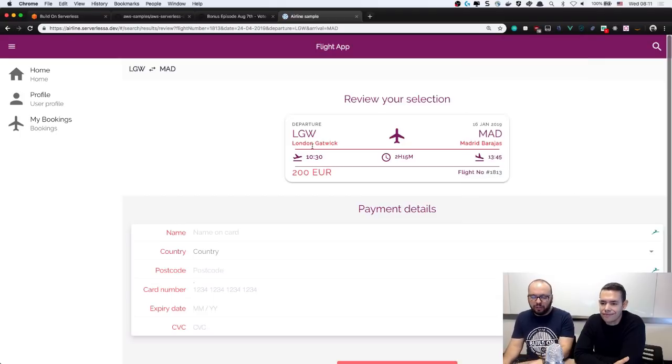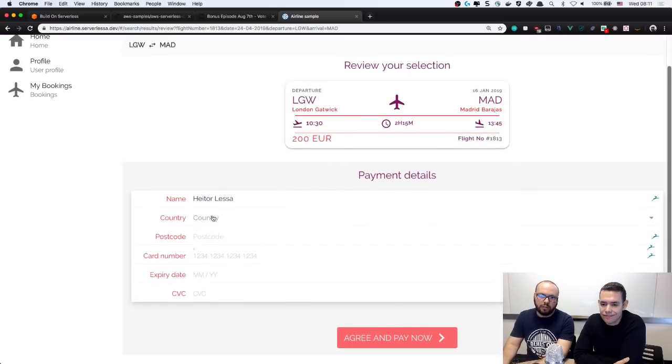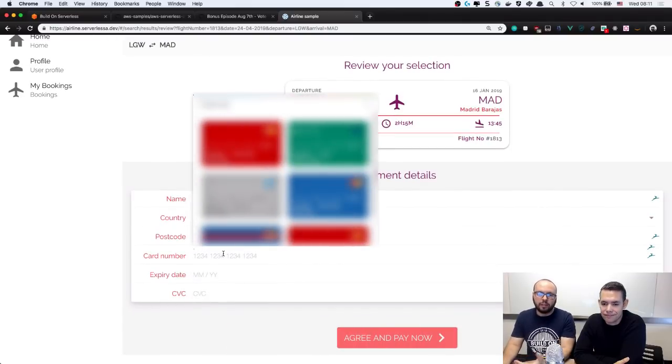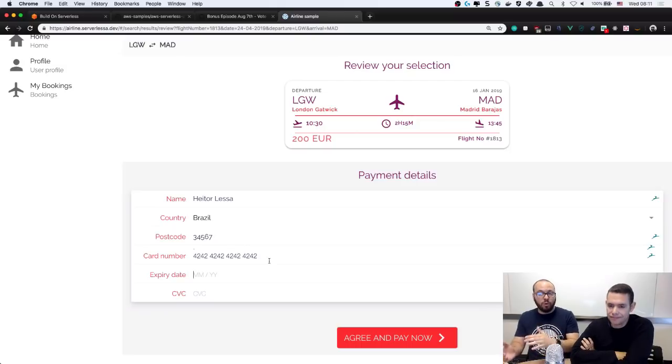And the beauty of it is that let's say you want to have some name on the card, you can select the country, obviously Brazil, and you can select the postcode. I'm not going to add it in here. And when you select, oh, that's the problem, right? It wasn't supposed to show like this. That's okay. So once you actually have the card number, the 424242 or 414141 is the fake card you can use